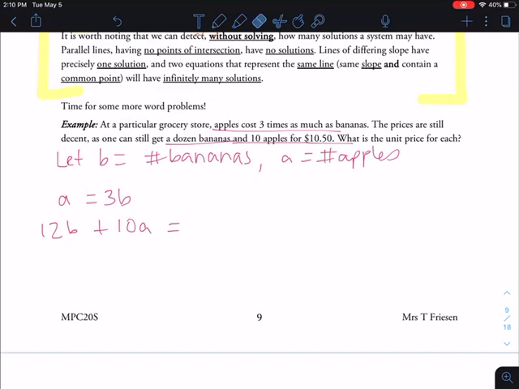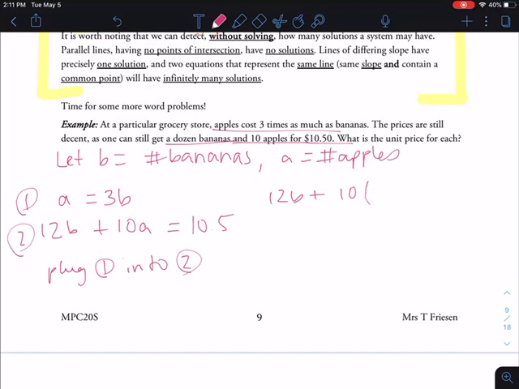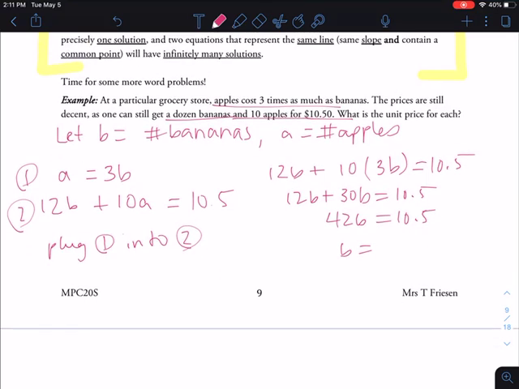All right, now from here we are going to do our solving. Okay, so this is equation 1, this is equation 2. The process is now the same because we have our system of equations. Now you're going to notice in equation 1, A is already isolated. Yay! So we're going to plug 1 into 2. Okay, so we're going to get 12b plus 10a, which is 10 times 3b, is equal to 10.5. Then when I solve, I'm going to have 12b plus 30b is equal to 10.5, so 42b is equal to 10.5. That means that when I divide both sides by 42, b is equal to